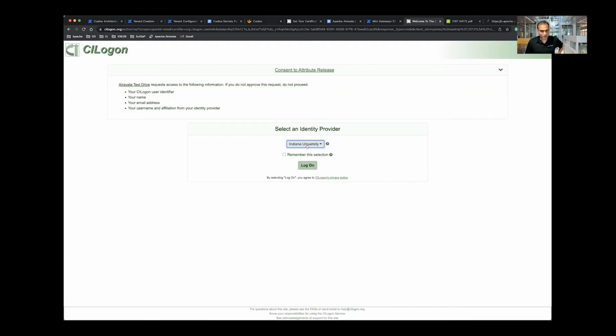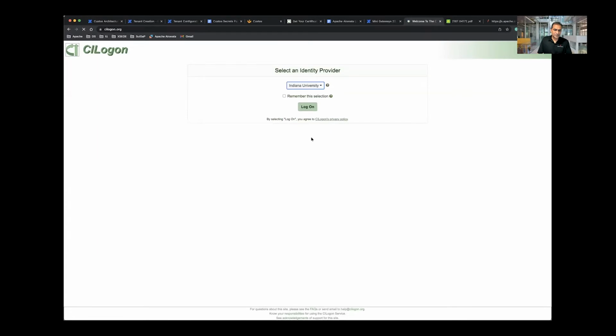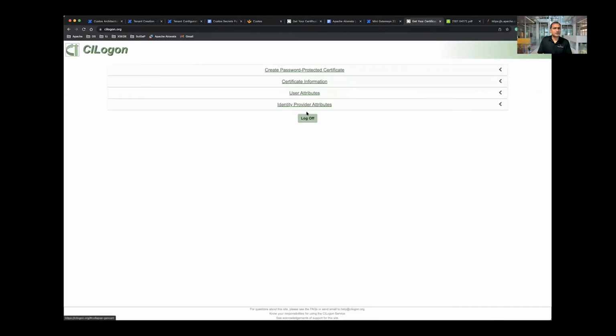And if you cannot, for any reason, find your institution, you should be able to use Google or GitHub or ORCID and so on. But most likely, if your institution is supported by CILogon, you should see that here, and even many international institutions are listed there. If you click here, I'll pick IU, and since I just logged in, it should take